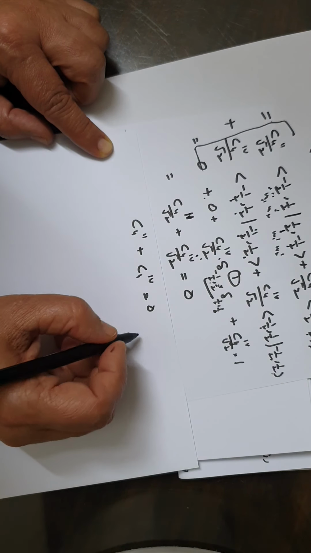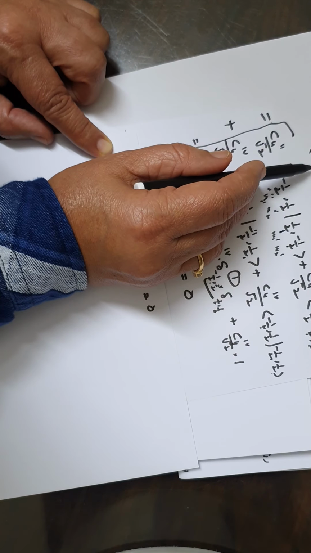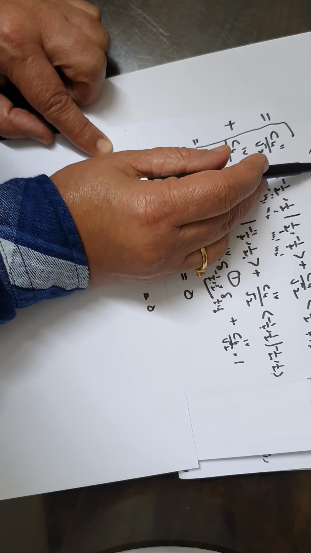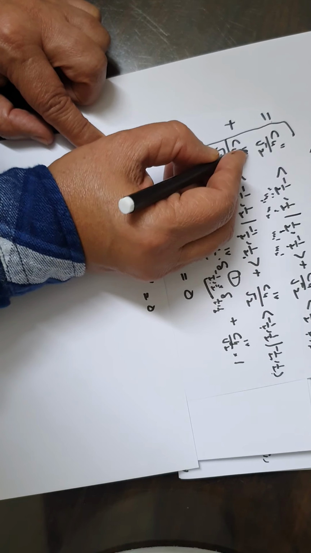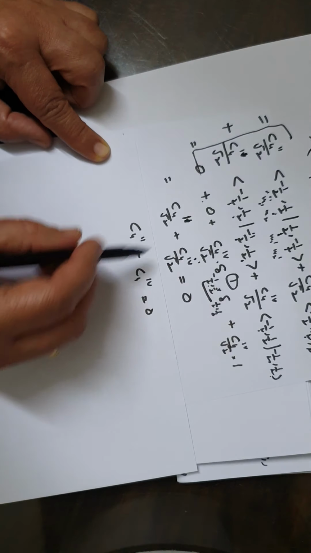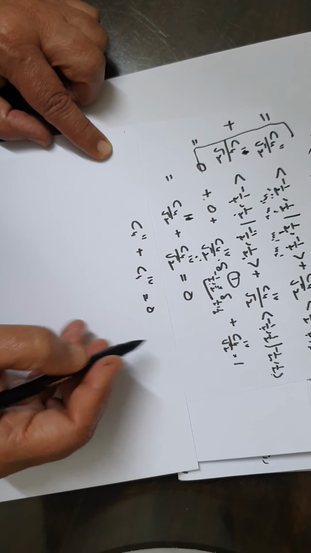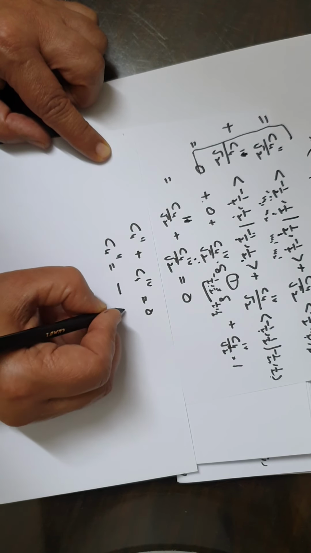So I will have, here it was 2 times and then it was 4 times. So you get C4 double dash will be equal to minus C4